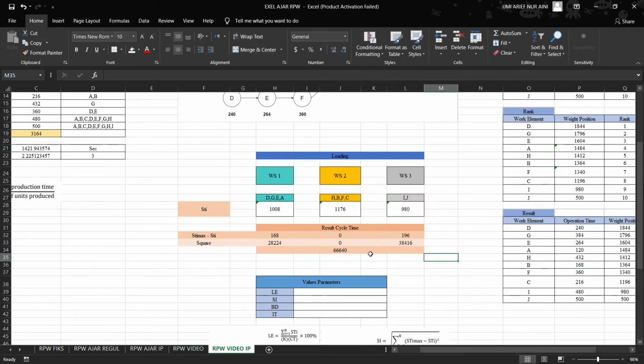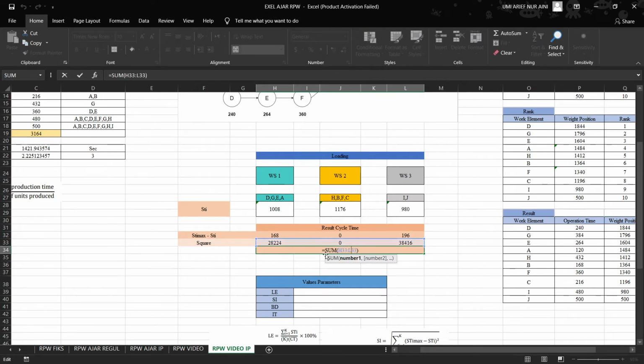Okay, after we get the results of the square, we can sum the total of the 3 workstations after we square them. You must total the 3 workstations after you square from STI max minus STI.